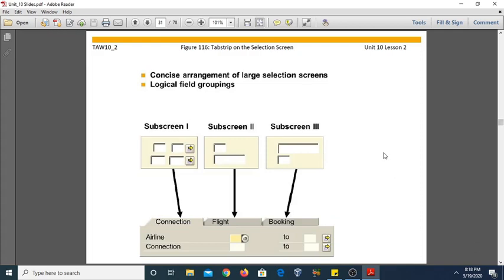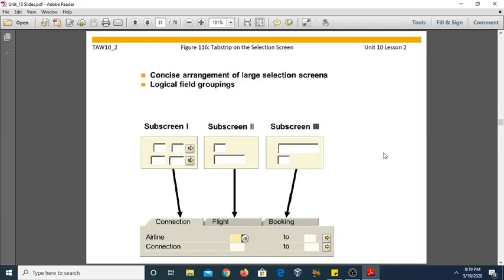Tab strip on the selection screen. In the previous video, I also showed the implementation of this tab strip, how we can add tab pages on the selection screen. The tab strip allows the user to enhance the logical grouping of the fields and provides a clear structure for large selection screens.